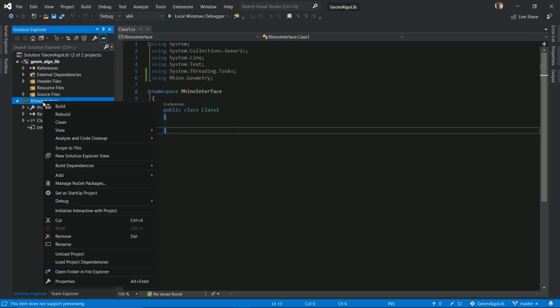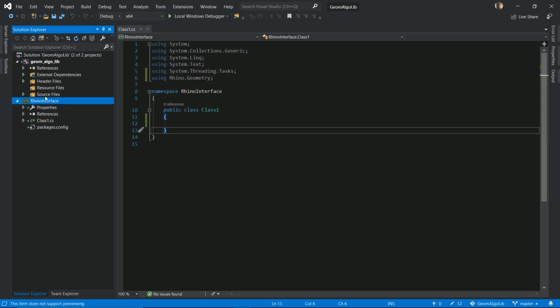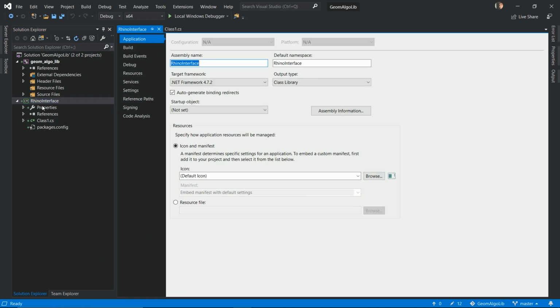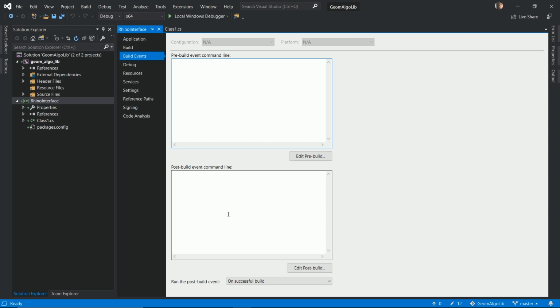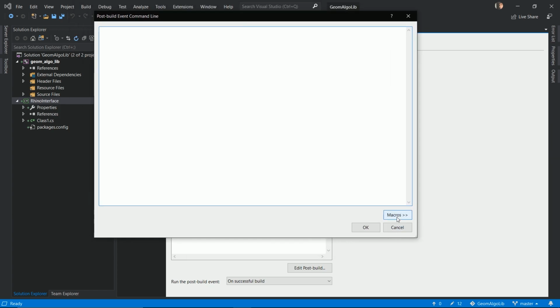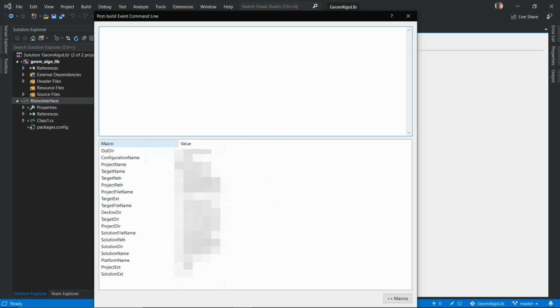But what I want is the Rhino DLL to know where the C++ DLL is so that it can copy the C++ DLL into its own target path. So we're going to go inside the Rhino interface project properties, and we're going to go in build events, and in post build events we're going to add some lines to our build script. So let's open up macros here so that we see what our paths are pointing at. So we're going to just copy